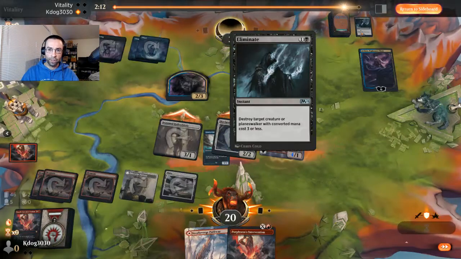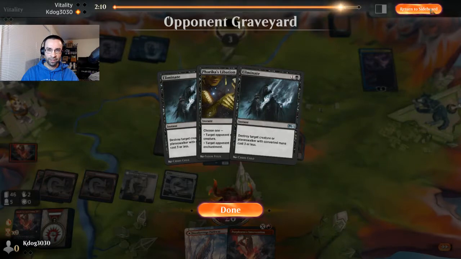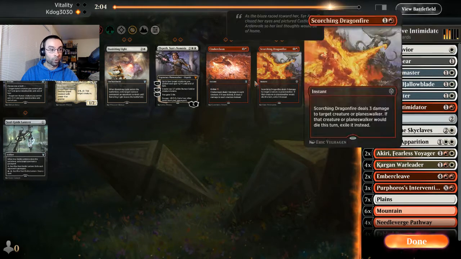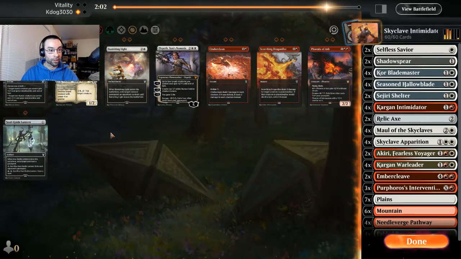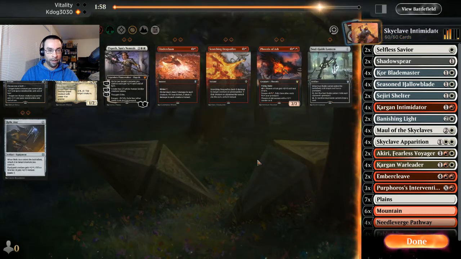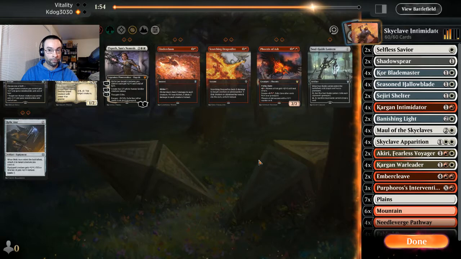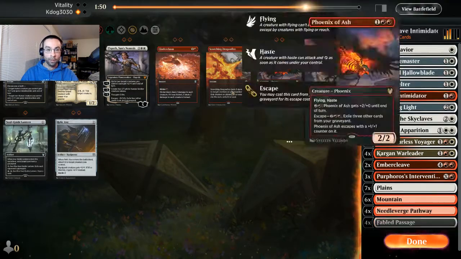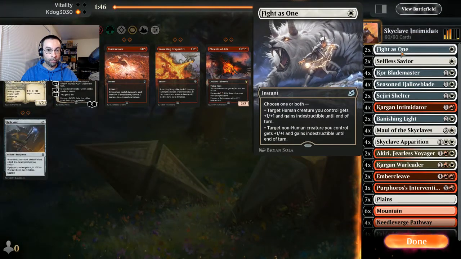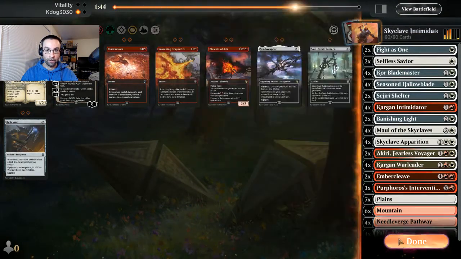So, no idea what the Naiad is about. Like, what? Okay. Ashiok is pretty annoying, so I'll probably want some Banishing Lights to help us deal with that. Didn't see any mill from them. We're going to have some spot removal. We saw quite a bit of spot removal, obviously, so probably want the Fight as One, get the Selfless Savior in, and